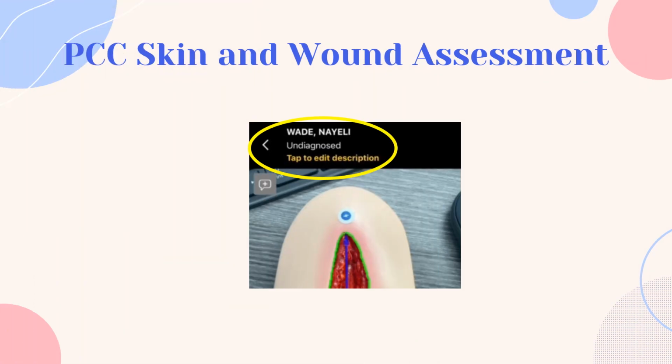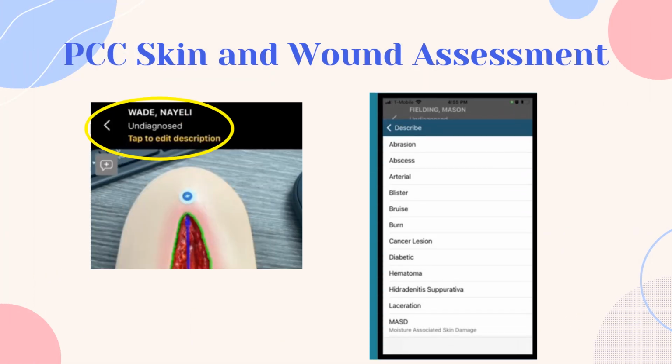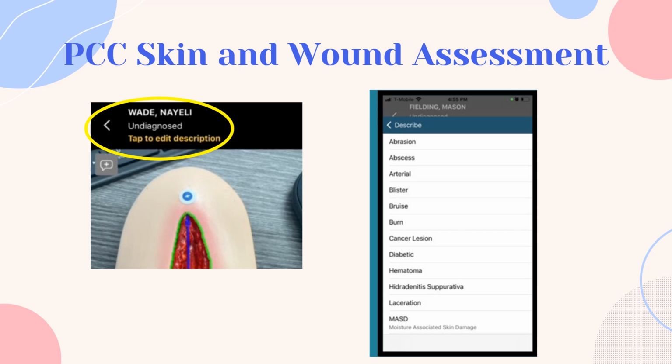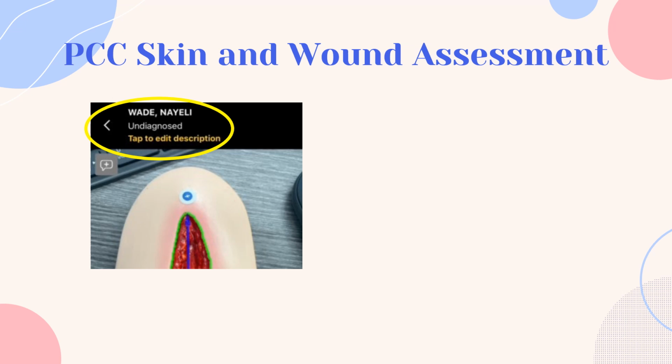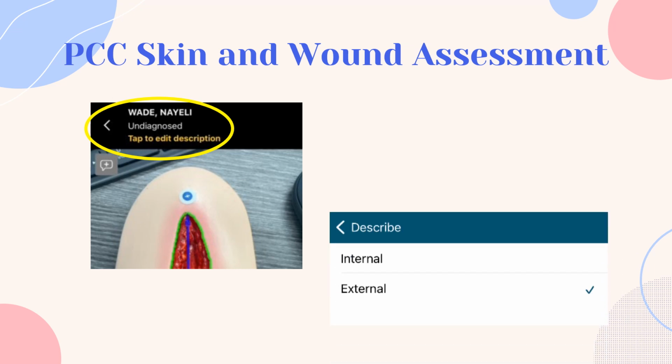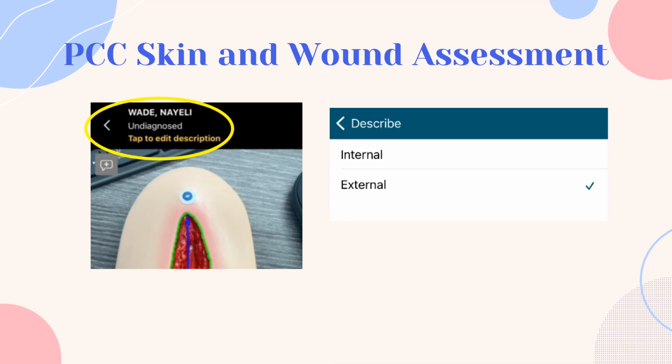Adding wound descriptions. This is required to complete but sometimes is missed on some of the wounds. Tap the top of the screen below the resident's name to add the wound descriptors. Type. Select the type of wound from the list. Some types may add additional fields such as subtype and stage by. Acquired. Indicate whether the wound was acquired internally, which is on site, or externally, which is prior to admission or while in hospital.